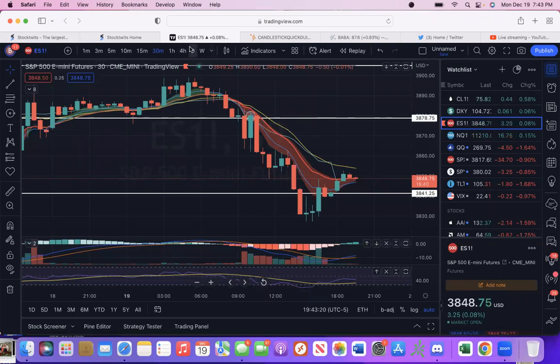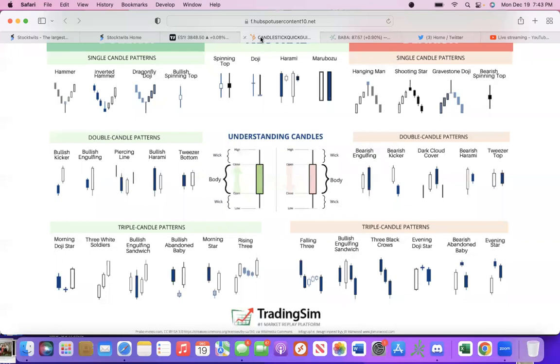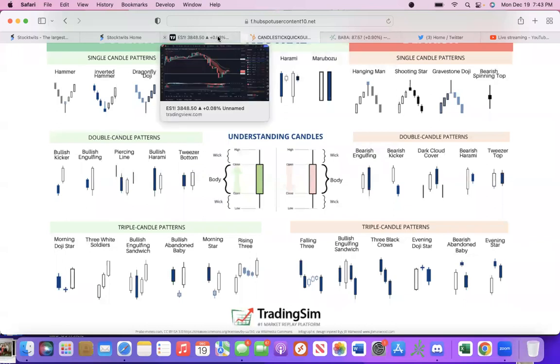I know a lot of people actually who don't even talk in the chat, but just DM me and say, for example, SE is forming an inverted hammer, and then they take the trade, and then they absolutely make money on it. I love to see that. I just want to see you guys succeed. I want to see you guys learn. The people that do DM me, the people that do message me, I really do appreciate that because